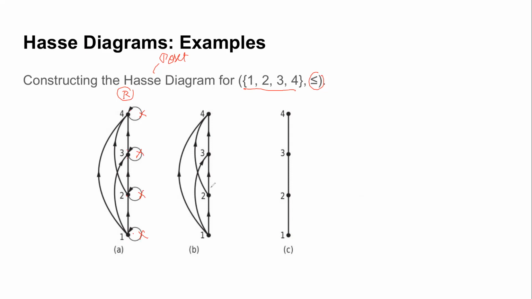Okay, so all the self loops here we remove them, and then we remove the transitive edges. Can you tell me what are the transitive edges in this? So we can see 1, 2, 2, 3. So 1 is 1, 3. Can you tell me others? 1, 2, 2, 3, 1, 3. What else do we have?